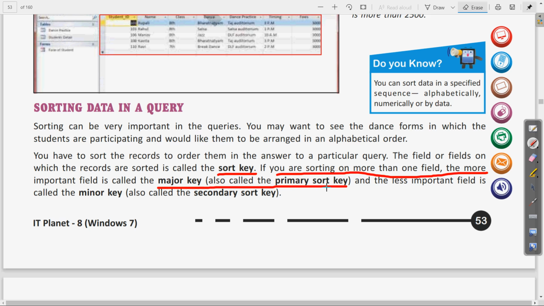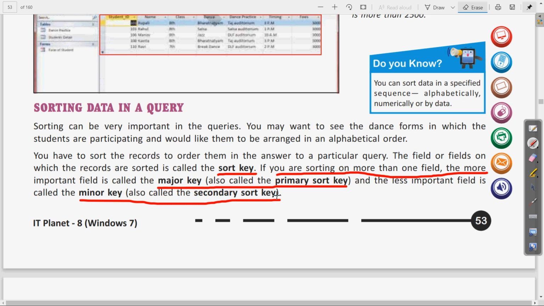So it may happen that you can sort on the basis of a single field, so that will be sort key. But in case you are sorting on the basis of more than one field, then the more important will be called major one, that will also be called as primary sort key, and the less important field is called as the minor key, that is the secondary sort key. We will see just how to do this.